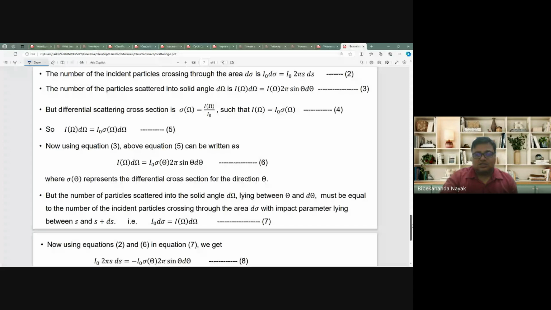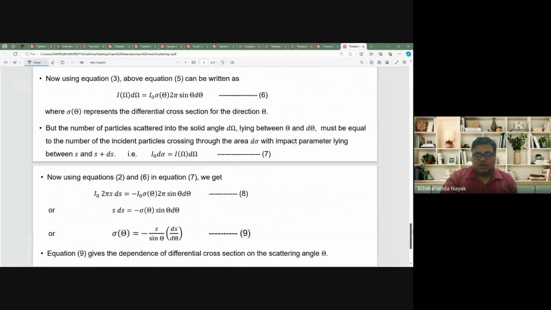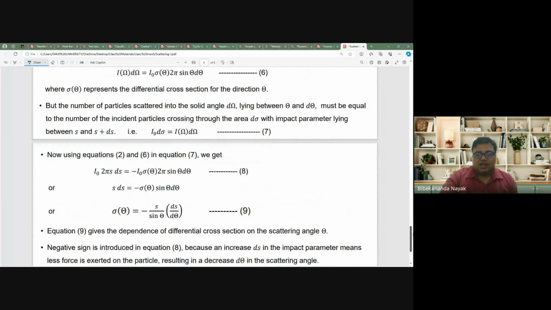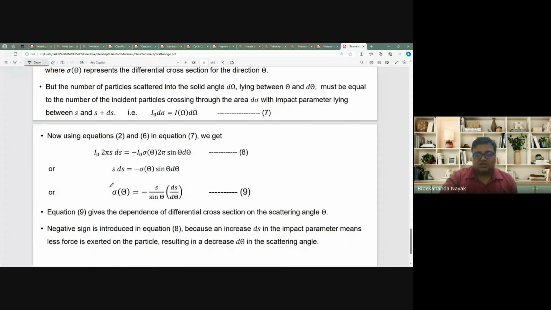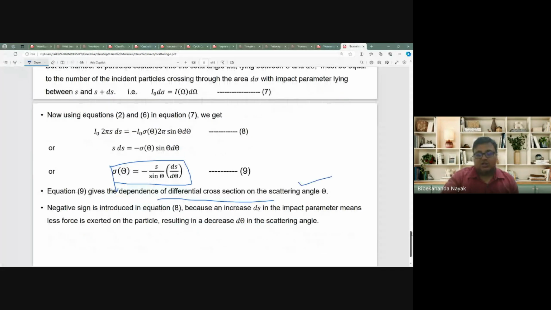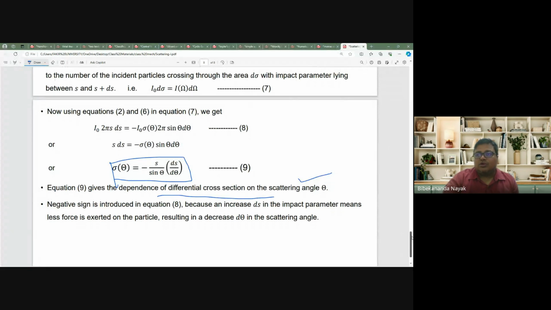Well, this is your equation. I omega d omega is this, and I0 d sigma is this. From this you can calculate the scattering cross section sigma theta equal to minus s by sin theta into ds by d theta. It will give the differential cross section in terms of the scattering angle theta. That is the normal expression for the scattering angle: sigma theta equals minus s by sin theta, where s is the impact parameter, into ds by d theta. Then we go for exact scattering,